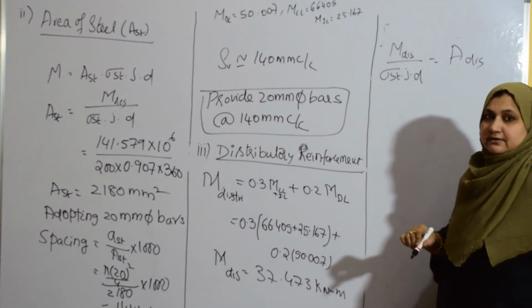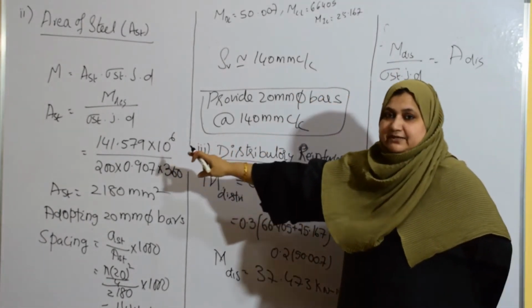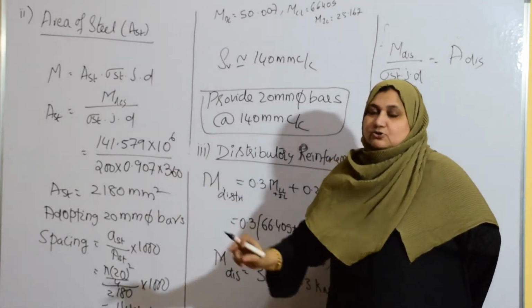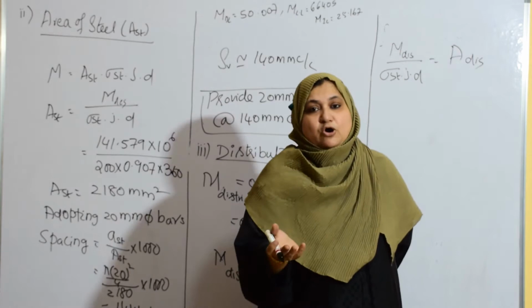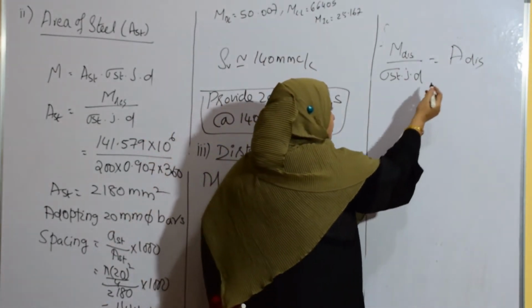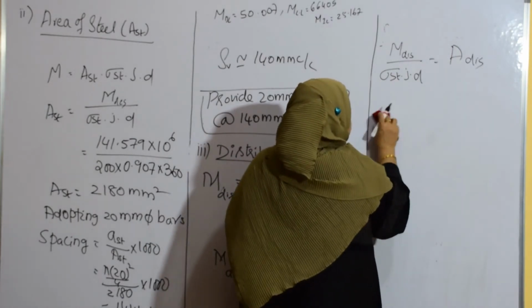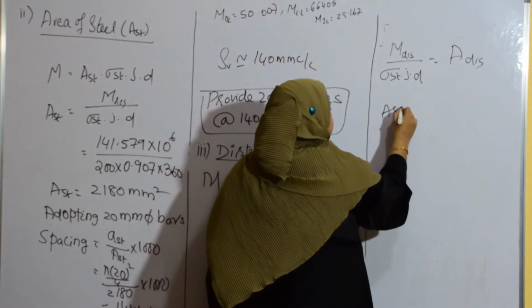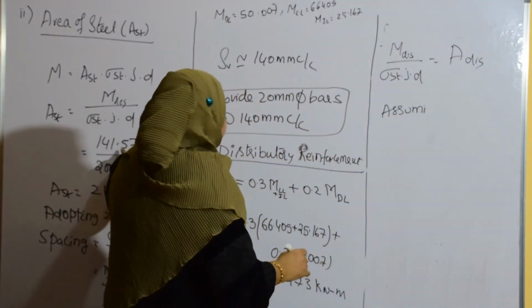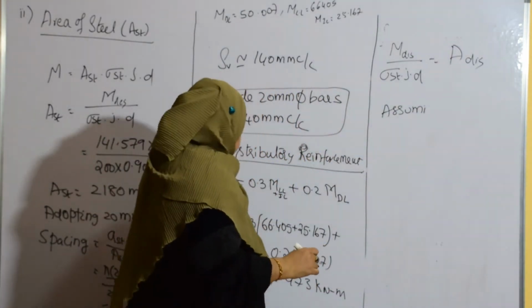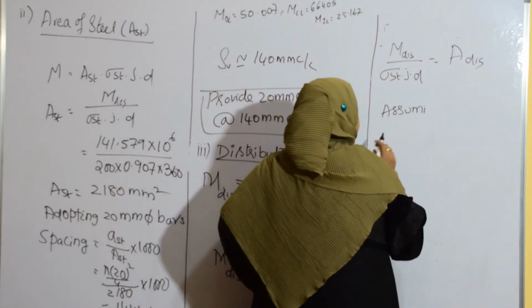Now this d is not the same d. d is the effective depth from the center of the bar to the bottom of the slab. Now we have to assume some diameter. Assuming this is a secondary reinforcement and the bending moment is small compared to the main one, this was 141.571 and this is 37.473, so you can go for 10 mm dia bar.